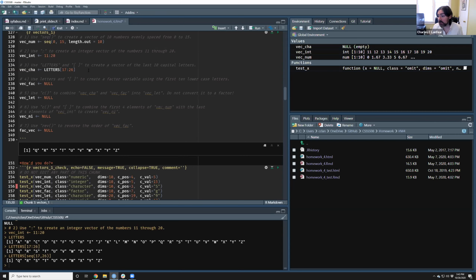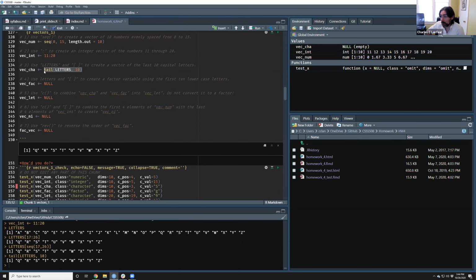A great question in chat, is there a way to do this with tail? Yeah, if I hadn't specifically said use the brackets, an equally good way, or even possibly a better way to do this, would be to say tail 10. The nice thing with tail 10 is we no longer have to figure out what is the 10th element from the end. Tail 10 just gives us the last 10 elements.